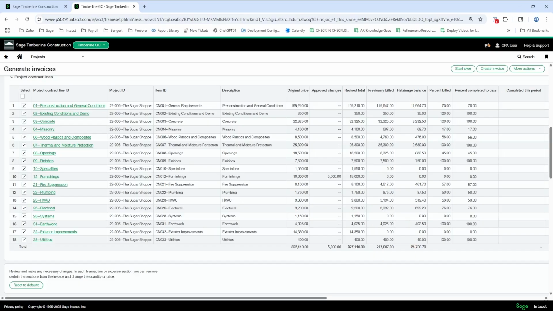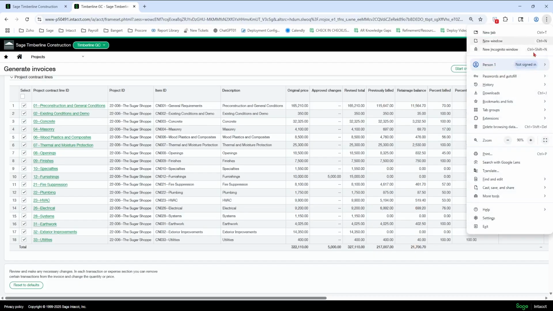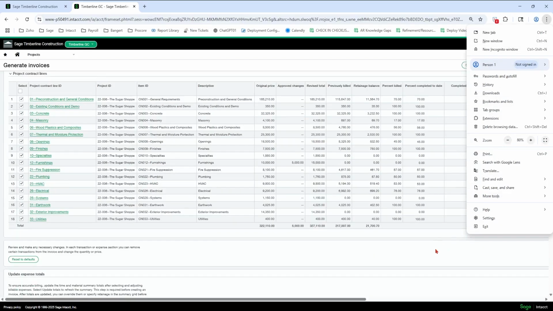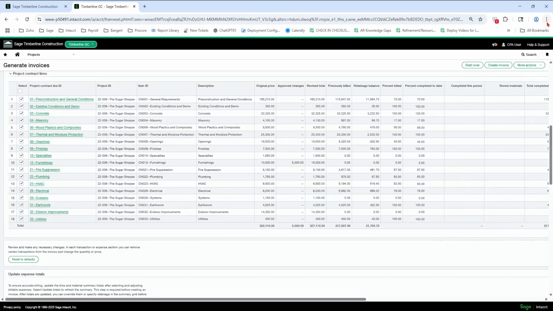You might want to move that towards the end. You can also zoom down so you can get more columns. You can also just show revised total if you'd like. You can hide item. You can probably hide project. So you're doing one project at a time, description. So you can shrink this down quite a bit so you can see all the columns. So I'm going to zoom back up.